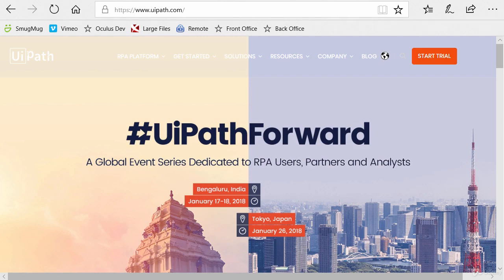If you're currently working at an enterprise or you expect to be, and you want to do a full-featured RPA proof of concept, you're going to want to use the enterprise trial version of UiPath, because that will give you access to all three components of their solution, including UiPath Studio, the orchestrator server, and also the robot service. So the way we install this is to go to uipath.com and use the Start Trial button up here at